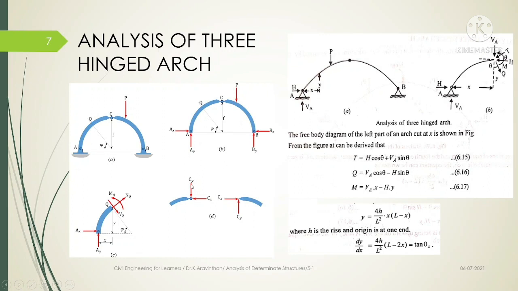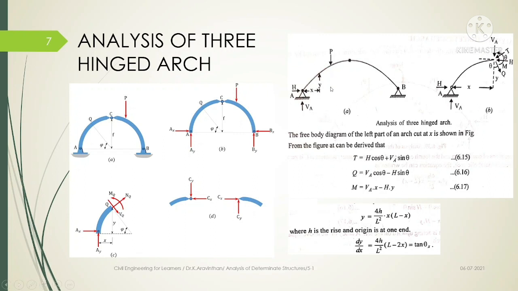Also at the crown you will be having the same reaction, that is you will be having two reactions here and you will be having one reaction at the crown. And while analyzing a three hinged arch, the same thing which is being highlighted here, if any force is acting at each and every point, you will be having a vertical distance. So how to find this vertical distance? At the crown you might be having the maximum distance. For each and every point, if you need to take bending moment, you should know load into the perpendicular distance.